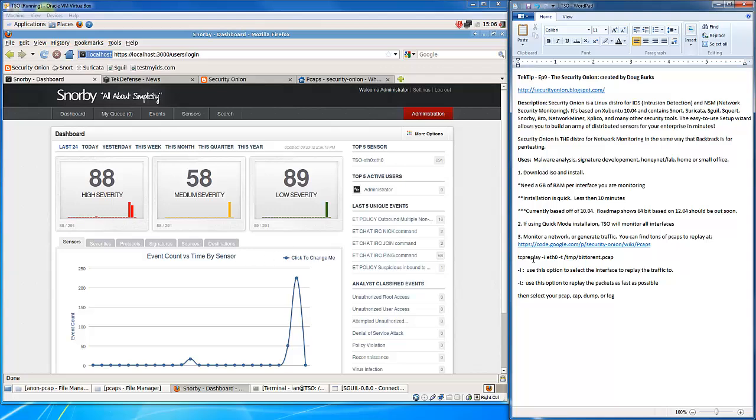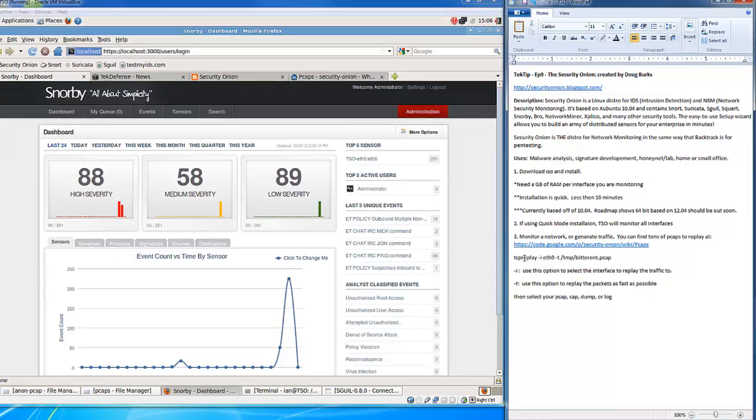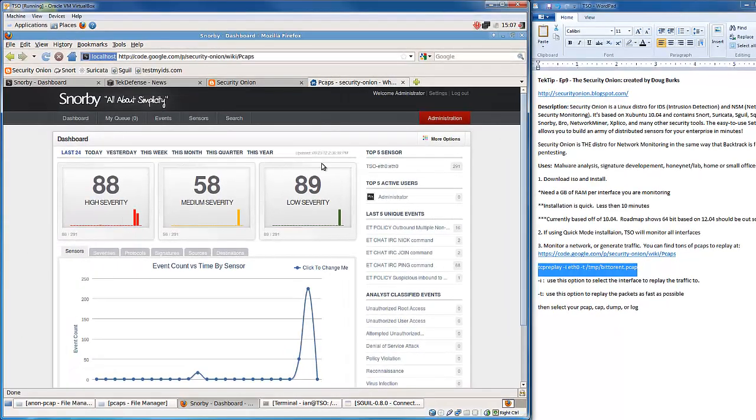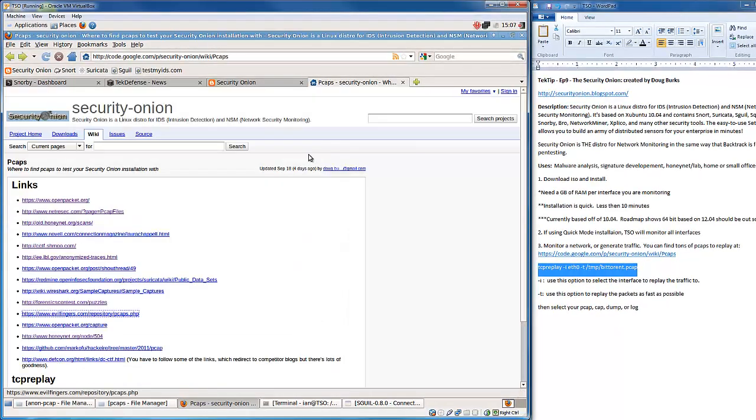But an easy way to get some data in here is to just replay some known bad traffic that you've found someplace else. So luckily, the Security Onion wiki also has a good listing of resources for PCAPs where you can go and grab stuff and replay it and get some data into your system. So for instance, this Evil Fingers one is the one I just put in here a couple of minutes ago. So if I go, I think here,